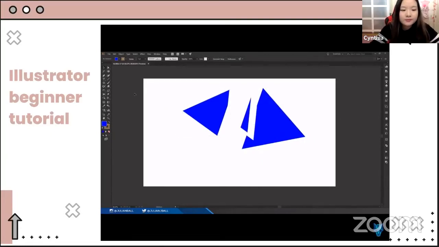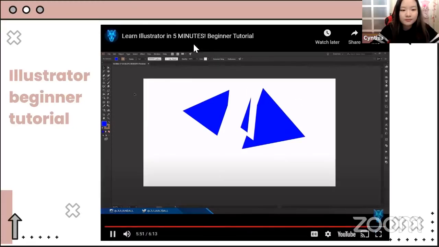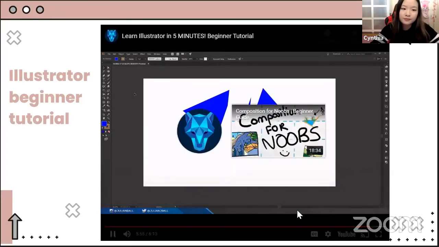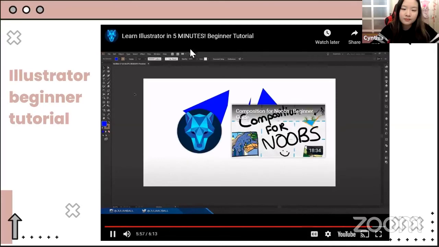So that's basically it. Those are the core fundamental settings of Illustrator. Obviously there's way more to Illustrator. It's almost impossible to do any sort of video in 5 minutes for Illustrator, but I thought I'd give it a go. And the tools and settings that I've gone through in this video are basically the ones that I use the most. You'll be surprised at how much you could create.